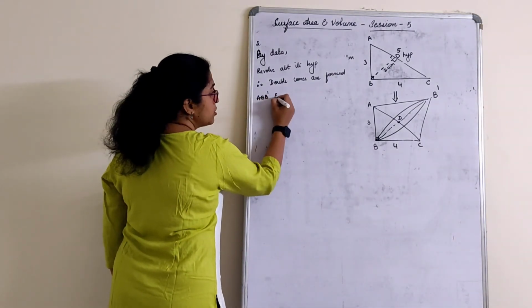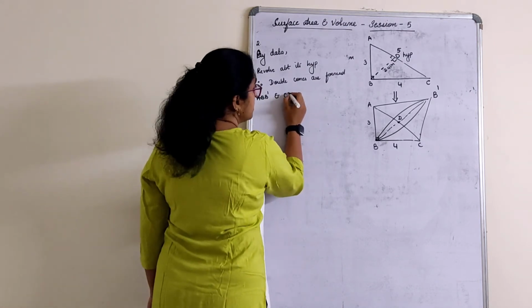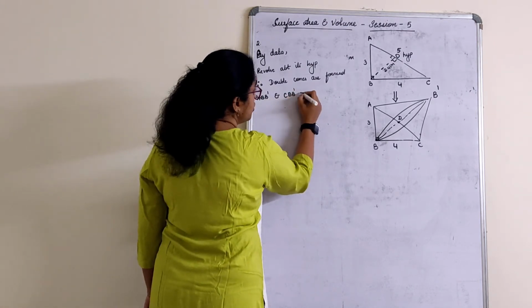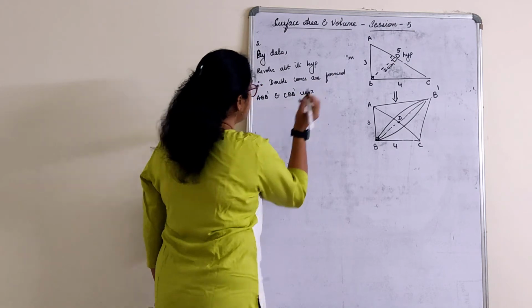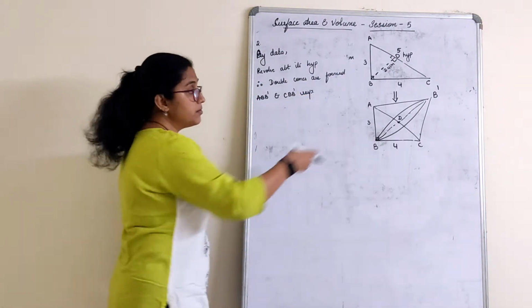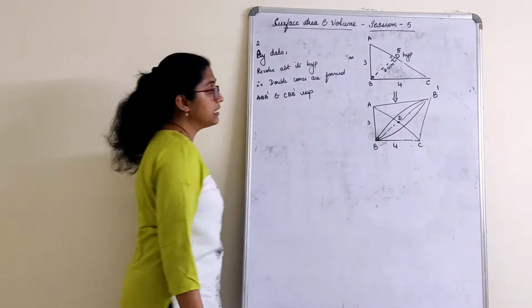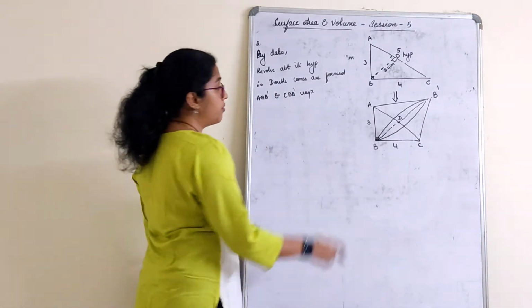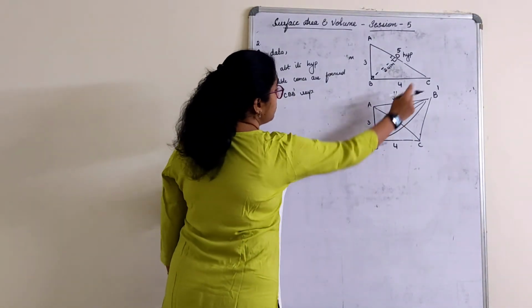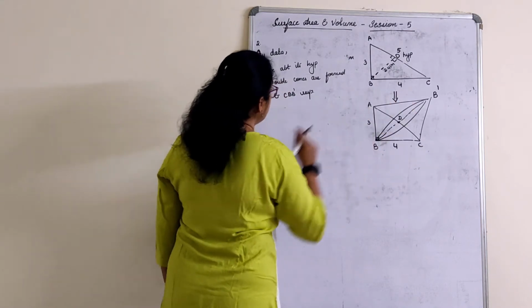A, B, B dash and C, B, B dash respectively. Double cones are formed. Now this is one cone and this is another cone. Two cones are formed here. I just named the cones: A, B, B dash and C, B and B dash.